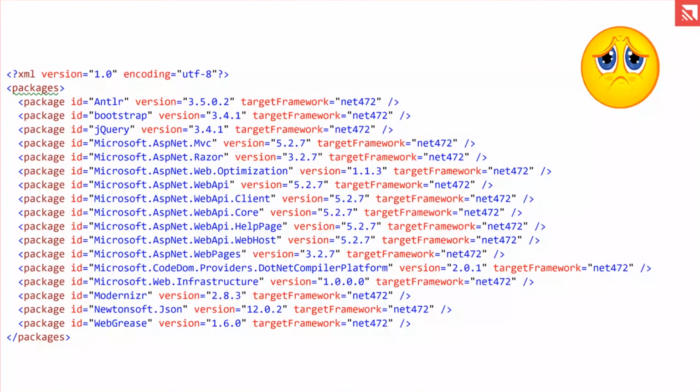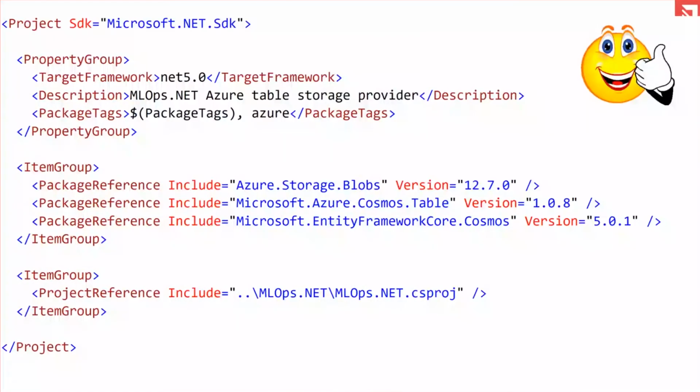So basically what we're doing is we're going away from this package.config here that is ugly, where you define the package dependencies and the version and the target framework. And you go more to this SDK product style, where you have the package references that you define right here. And then everything else is more consolidated in many ways. You have your project references and your target framework and everything else in a much more readable format. You know it's an SDK product style because of the top annotation here.